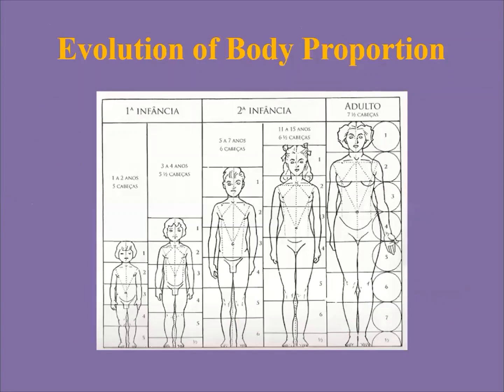So this is a picture which shows the change of body proportion from birth to adulthood. In infancy or childhood, the upper segment, as I told you, is longer than the lower segment. Therefore, here 1 is given to a person's head, so here 1, 2, 3. From the head to the beginning of the lower limb, it's 3, and below that it's 2. So this is 3:2 in this child.